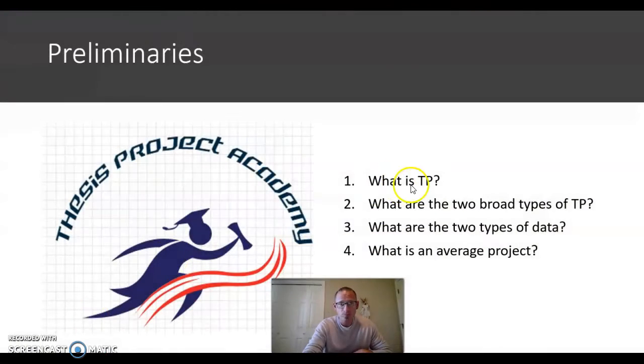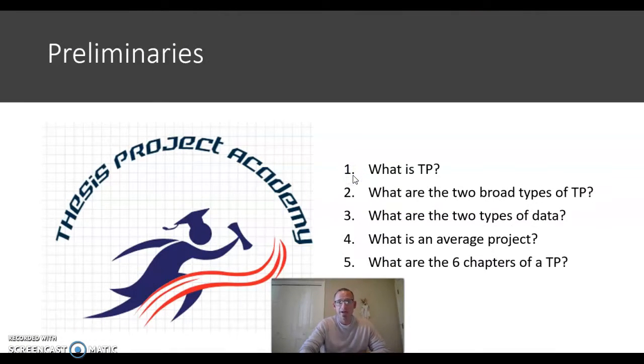When it comes to how long these papers are, that's for a future video. We'll get to it. But if you need a ballpark, let's just say 200 to 250 pages is what you write. But don't be alarmed. A lot of this is going to be you describing the project that you did. And so as you will find, chapters 2 and 3 are challenging, but chapters 1, 4, 5, and 6 can actually come pretty easily. But we'll get to all of that a little bit later. So I think that's going to set up our next question.